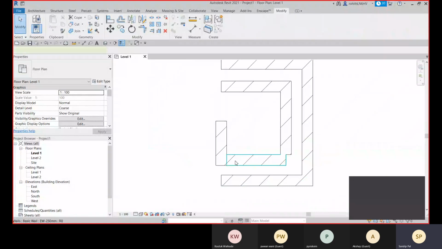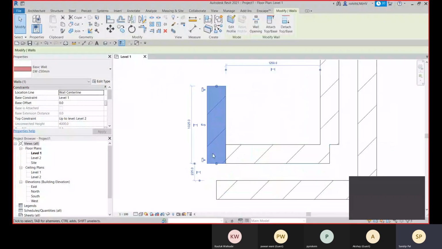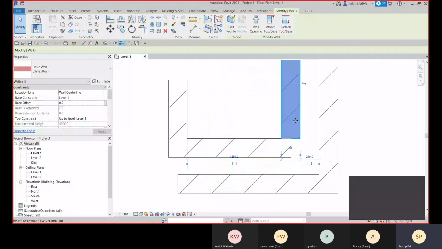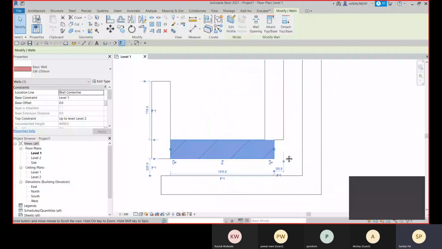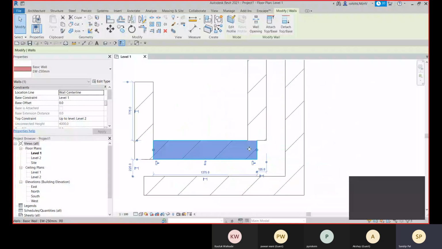Now later if you decide to join these two, or this one, here also you get this end, the end point.